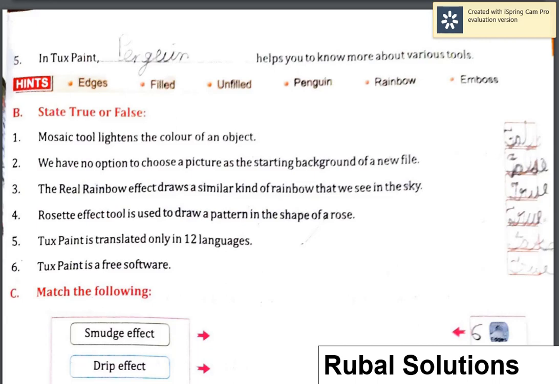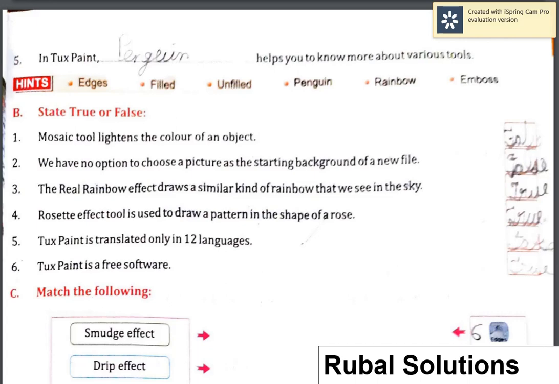The real rainbow effect draws a similar kind of rainbow that we see in the sky. The answer is true. Rosette effect tool is used to draw a pattern in the shape of a rose. True. Tux Paint is translated only in 12 languages.